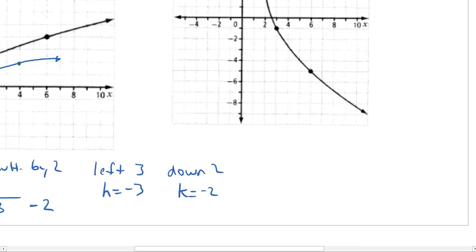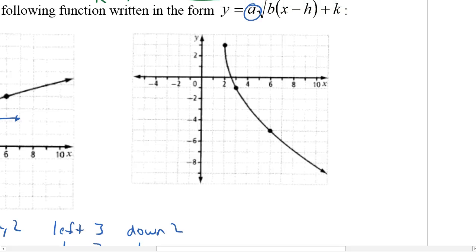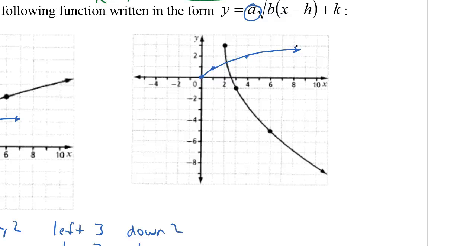Alright, so our last one here, it looks like there has definitely been a reflection, so let's just address that first, and then it'll be sort of clear in our mind what's going on. So here's our parent function. So it looks pretty clear to me that although there has been some shifting left and right as well, there has been a reflection on the x-axis, right? Because a reflection on the x-axis would make things go like this, right? And then there's also been some stretches on things like that. So there has been a reflection,